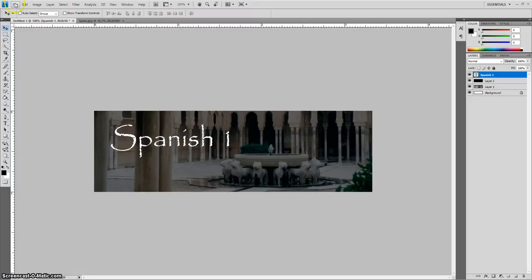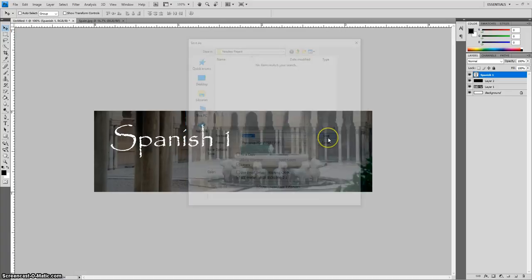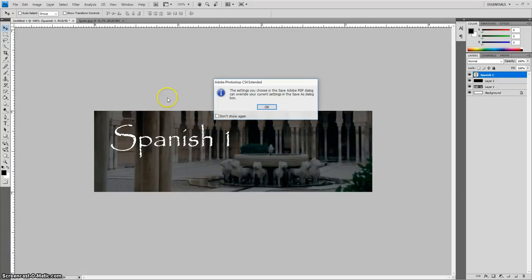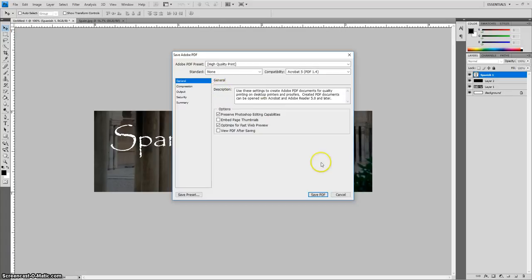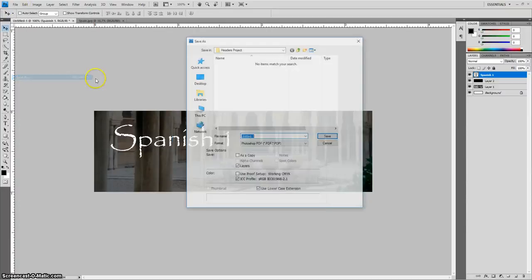We'll go ahead and do a save as. It's always a good idea to save everything twice. Once as a Photoshop project. I'm going to call it Spanish 1. Make sure that it is in your headers project folder. Go ahead and save it once as a Photoshop document. That's fine. I actually don't know what that said. Save as